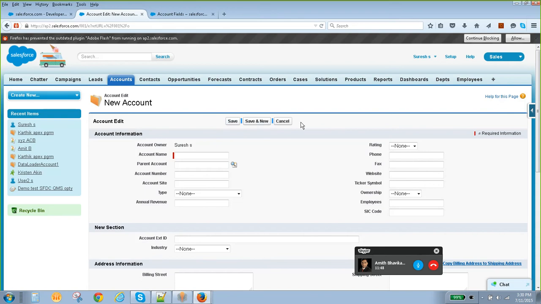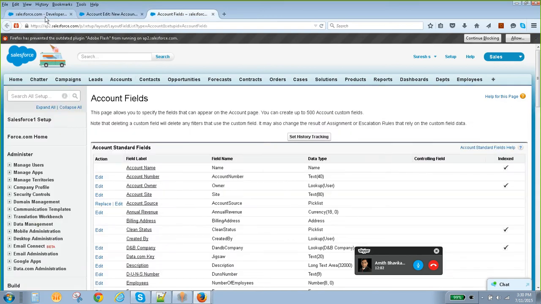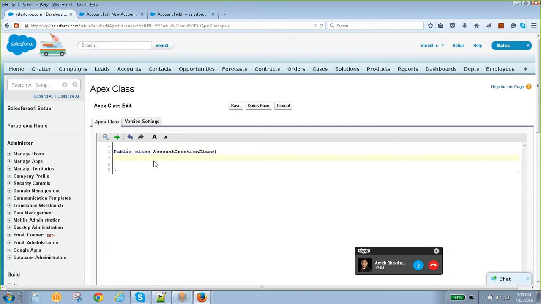In that case, we have to build a UI and write controller custom logic to create an account. Correct? How to do that? We have to create a class, and we have to create a method, and we have to write code for creating the accounts dynamically. So that's how I am going to do it now. Okay, so create one method. How to create a method?